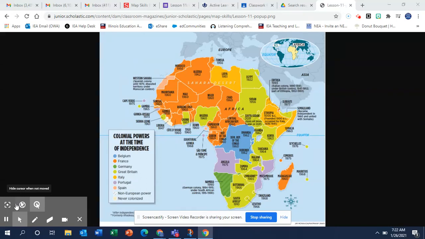So historical maps are used to show information about the past. Here you see the continent of Africa, and the continent of Africa used to be largely dominated by European countries. Here, over here in